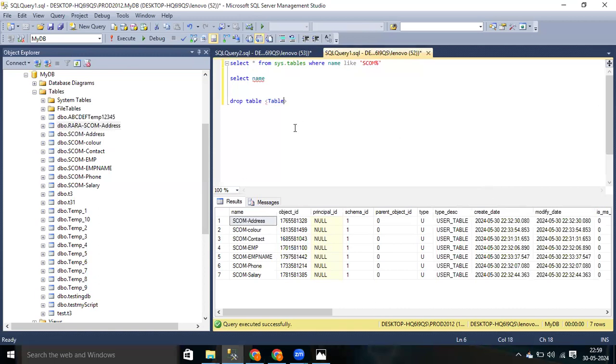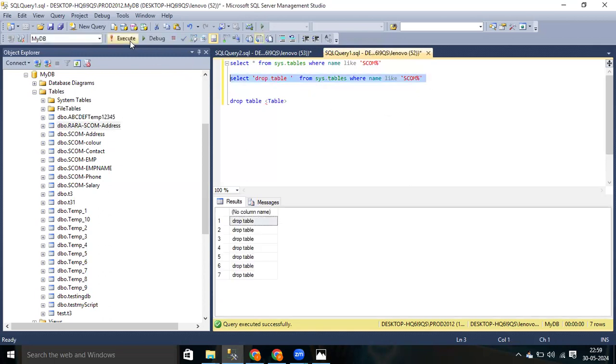So the same thing only we have to print. So I will write select, and after select I am writing drop table, right? This is the only command which I have to print. If I am printing only this much, drop table, and I write star from this, like this, right? Okay. So if I execute this,